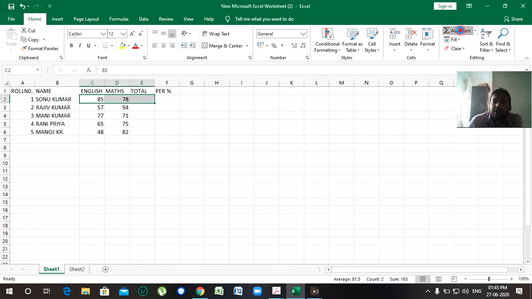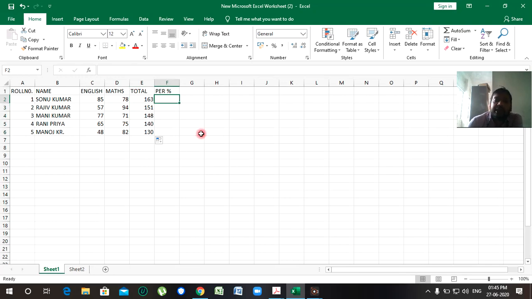When we click on AutoSum, the sum equals 163. Once we have calculated one, no need to calculate the others, just drag this number. Put the cell pointer on the corner, it will change into a cross symbol, then hold the left mouse key and drag downwards. See, the total number is calculated automatically.